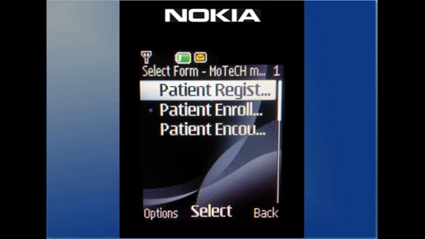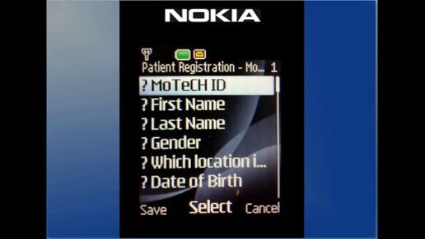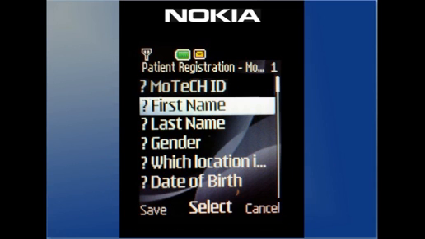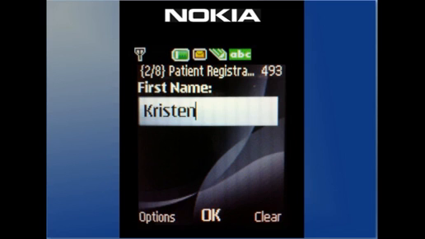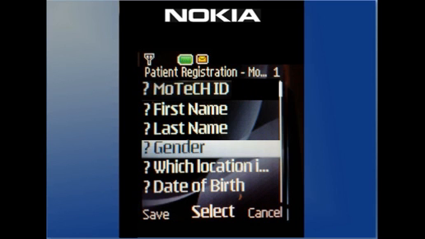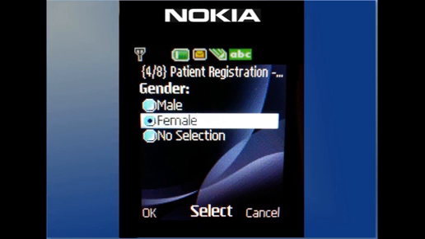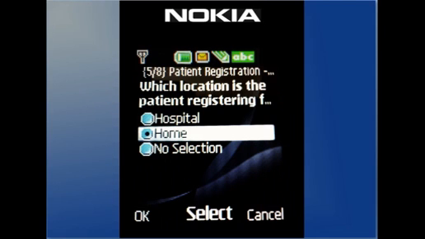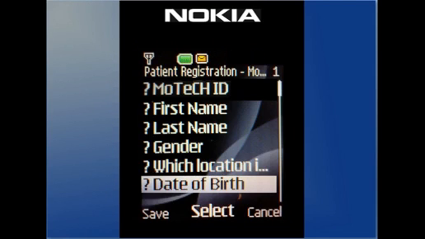And we know that we first need to register a patient, so we're going to select the first form, which is patient registration. This will allow us to register a new patient both into MOTECH and into OpenMRS. And here are the fields for the form. We first need to enter a MOTECH ID, which you may recall is a 3-digit number. Then enter a first name, Kristen this time. Last name is Demo. Gender, female. And it's going to ask me which location the patient is registering for, and I'm at home, so I select home. Date of birth,